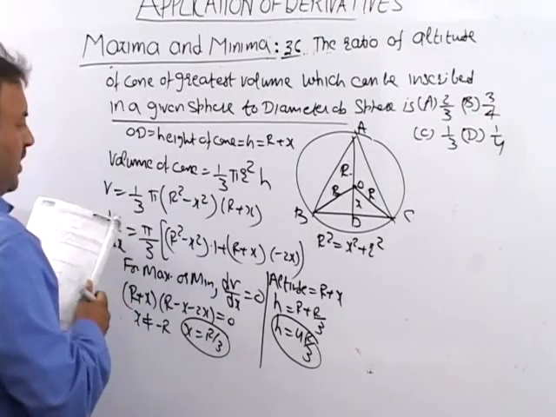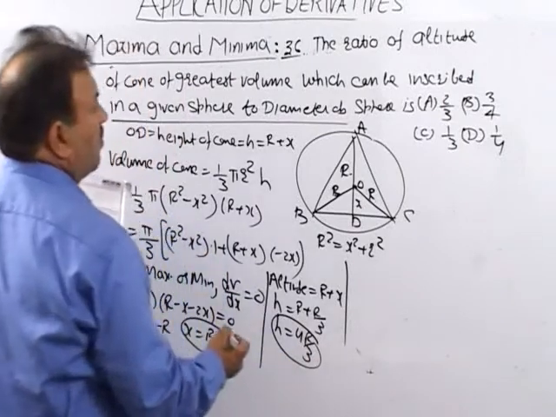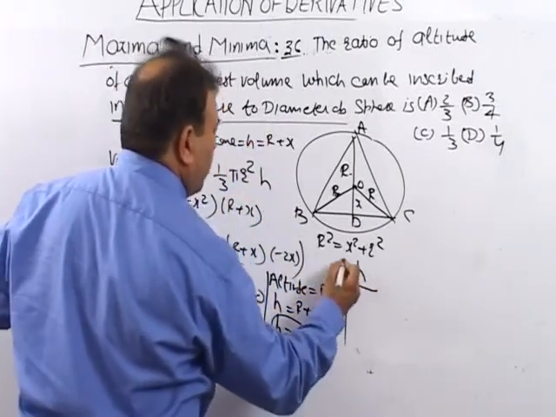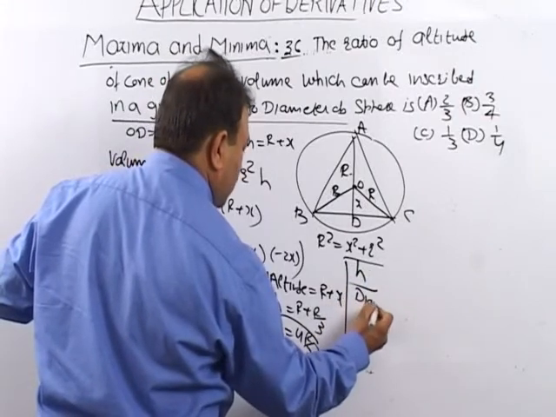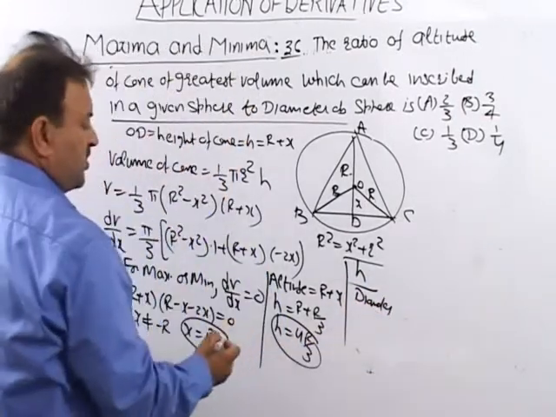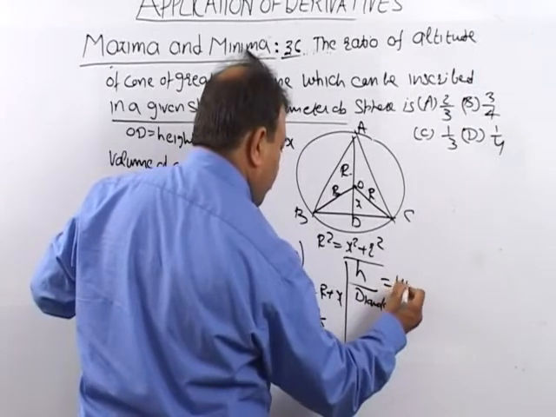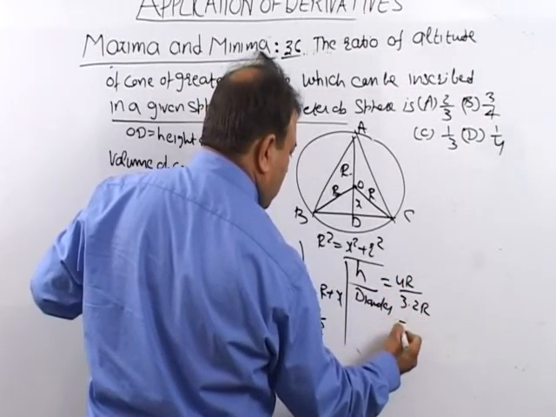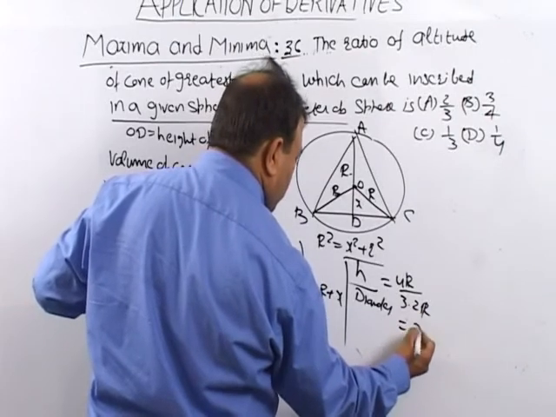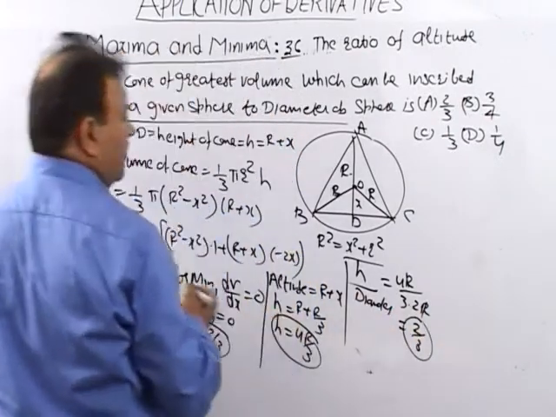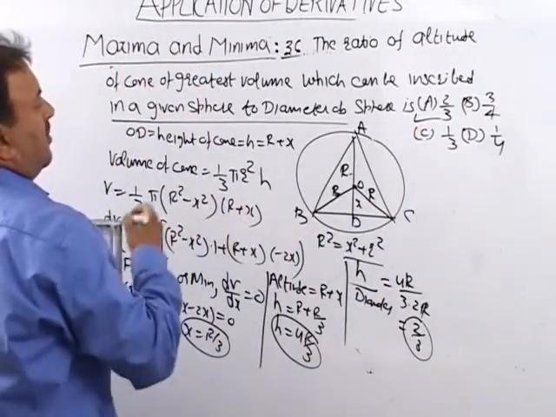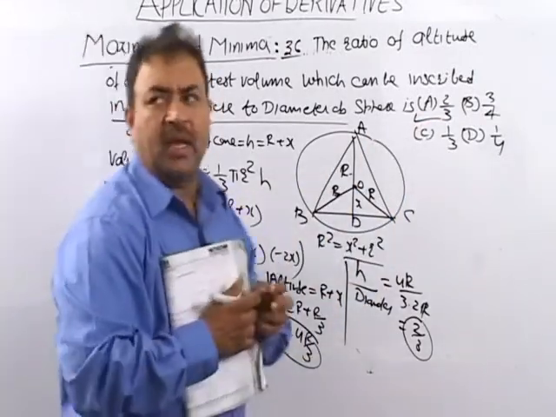Now we go for, हमने जो ratio निकालनी, we have to calculate it. हमने निकालनी the ratio of the height h upon diameter. H is equal to 4R by 3. Diameter is equal to 2R. This comes out to be, R and R will be cancelled out, 2 by 3. So the answer comes out to be, the ratio is 2 by 3, the A option. So question number 36 की the right option is A part.